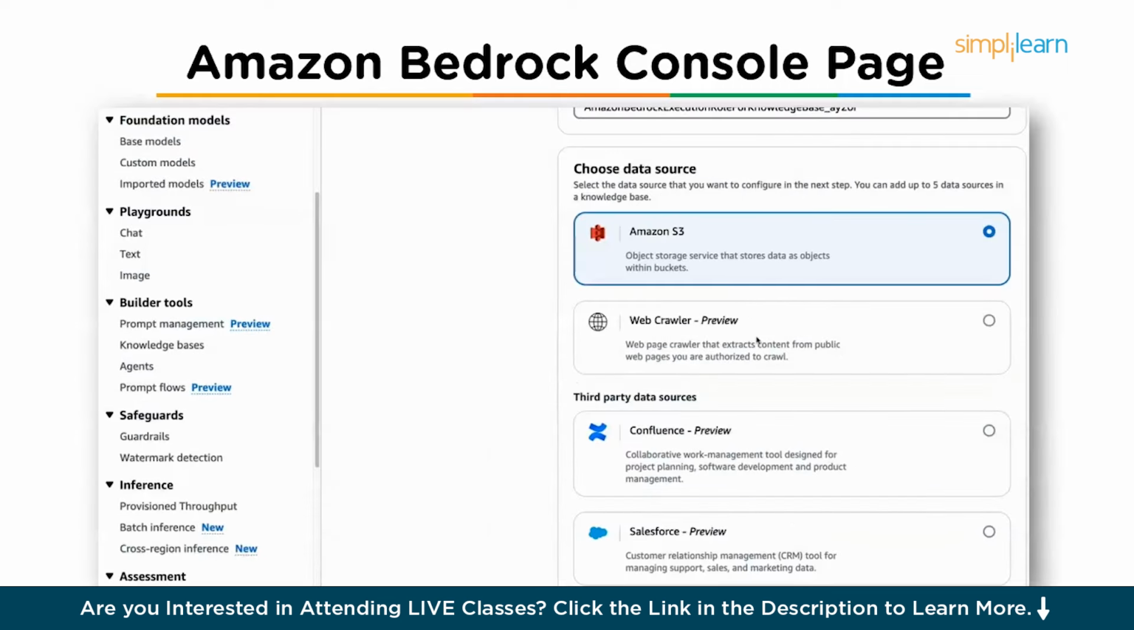So once a knowledge base is set up, the data needs to be indexed in a vector base to enable fast and efficient retrieval. Amazon Bedrock supports multiple vector storage options like Amazon OpenSearch Serverless, Aurora PostgreSQL, MongoDB Atlas, and Pinecone. So when a user queries the agent, the system retrieves relevant information from the knowledge base and integrates it